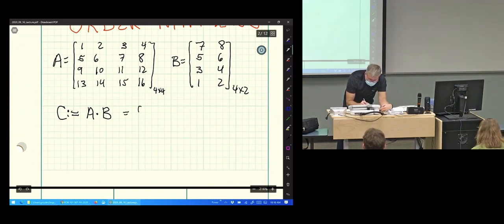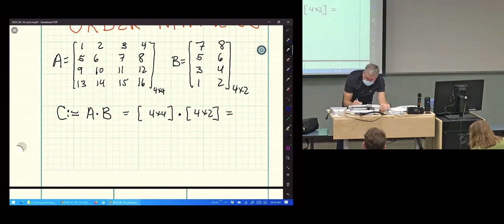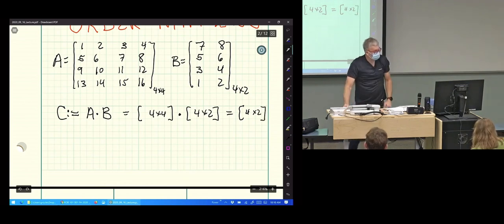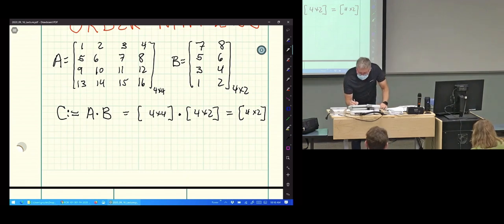So it'll be a 4 by 4 times a 4 by 2, and so that gives us a 4 by 2. Okay, so in the beginning, it's good just to check the sizes, okay? You can easily mess it up, but the key thing is this number,